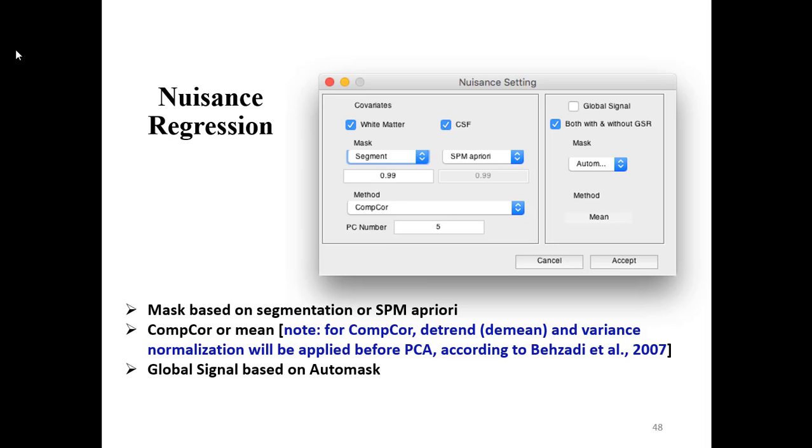And also you can do the global signal. So for the global signal regression, you can define the global signal using the SPM a priori or using the auto mask. And basically, because it's so controversial, if you did a global signal regression,